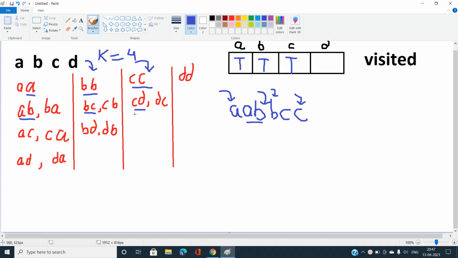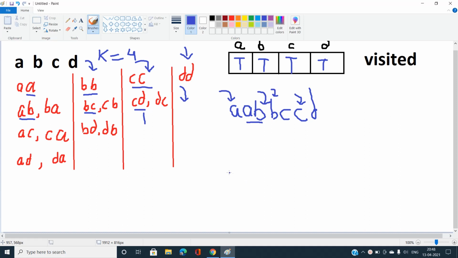Now again it is D, and still D is not visited, come into D, it should be CD, and D is going to be visited now. And you can see if I have done the entire iteration, that is, if there are no more elements in this D's adjacency list, that is, if I have traversed the DFS of a particular function call, then if I have returned through that DFS, I need to check if I can print the character in reverse order.